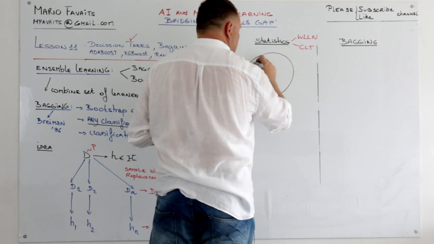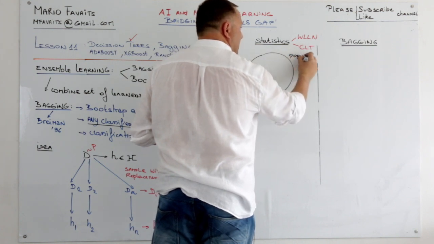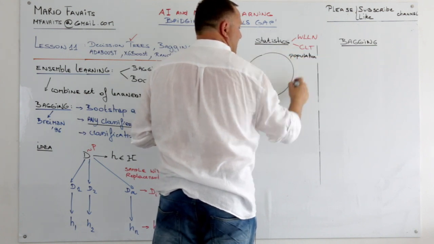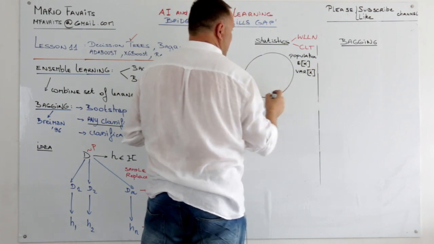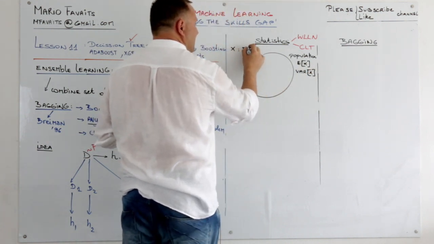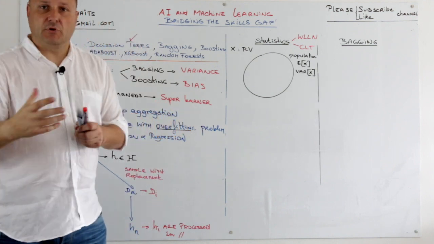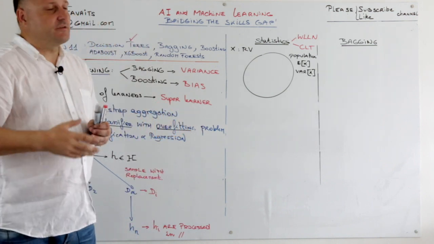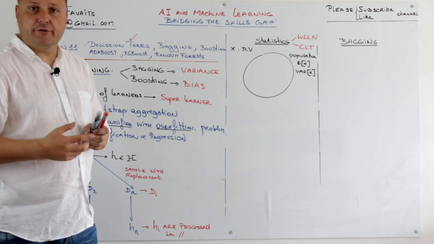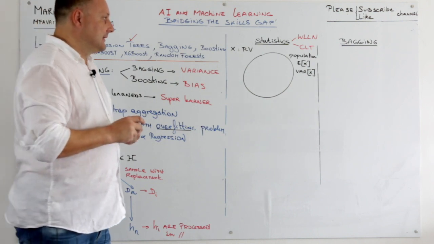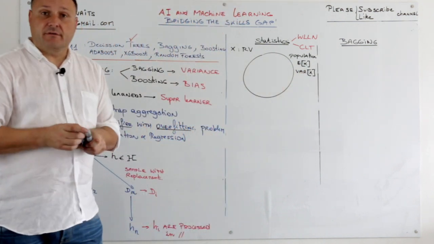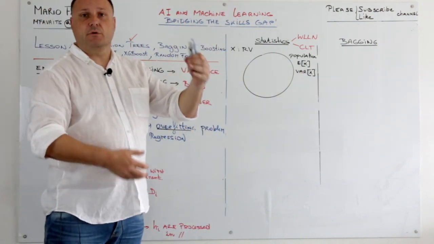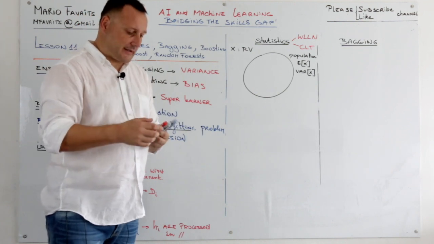Well, assume we have a population. A population has an expected value and has a variance, and X is a random variable. For example, the population could be all Singapore males older than 80. Now, how would I calculate the expected value and the variance? I would need to go to every house, measure all the males, and so on. So this is not practical.